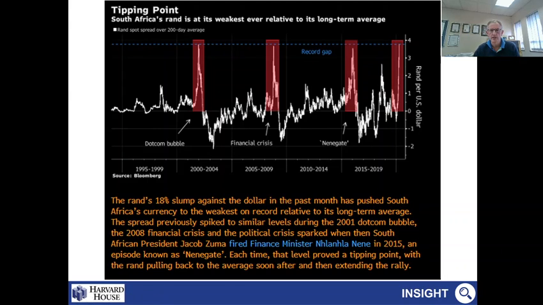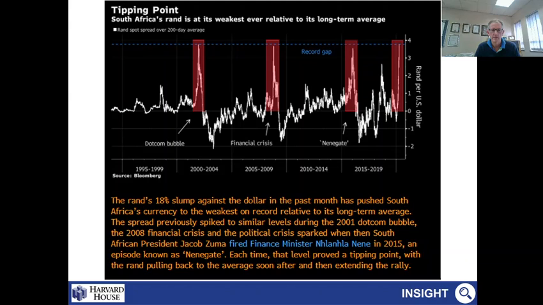Now you can see we have reached the highest point in amplitude of all 4 of those, probably closer to the dot-com bubble. But the thing to note is that the Rand suffers these very aggressive bouts of devaluation, and then it is followed by a very, very aggressive revaluation thereafter. So this might go worse, it's possible, but history tells us that the Rand is likely to see some sort of active retracement at a later point.